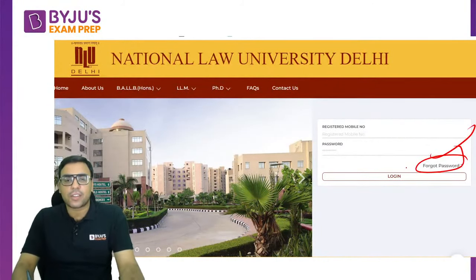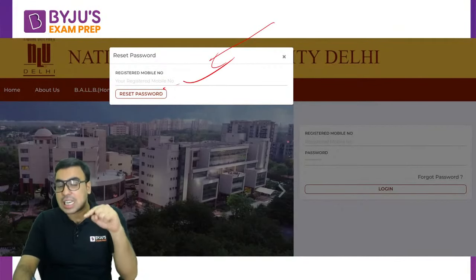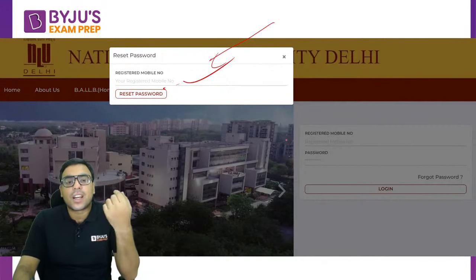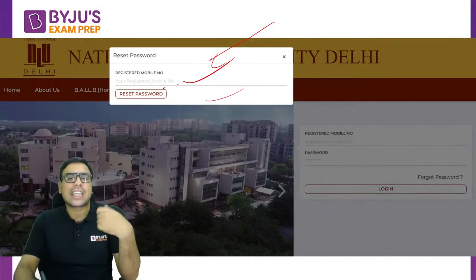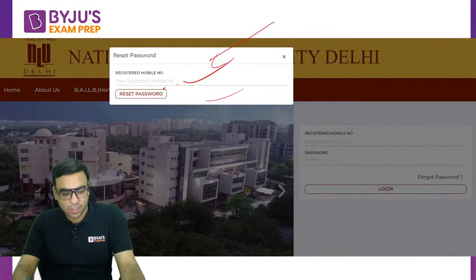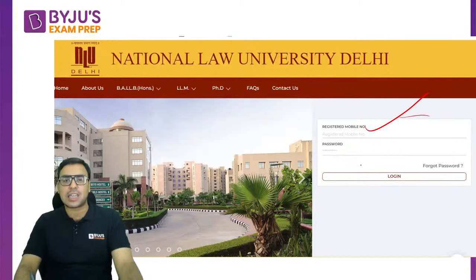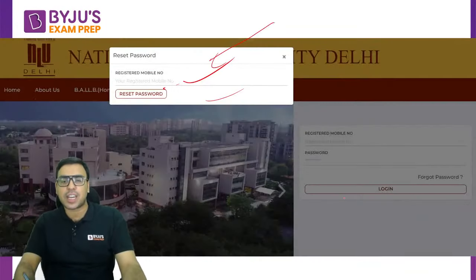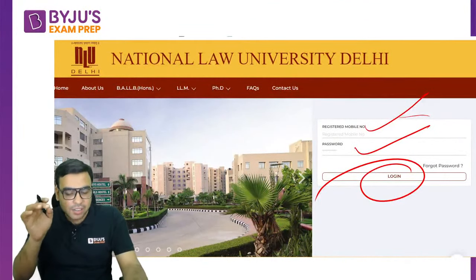Click on forgot password, and when you click on it, they will ask you for the official registered phone number. You should enter that number, and then you can reset your new password. So that is how it will work. Once you log in after entering your registered number and password, you reach the dashboard, and you can download your admit card from there.